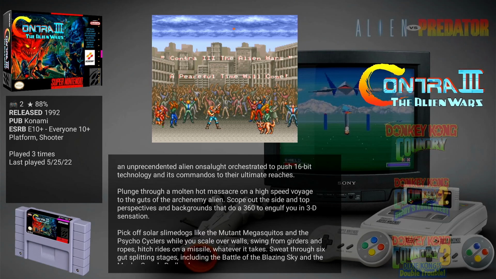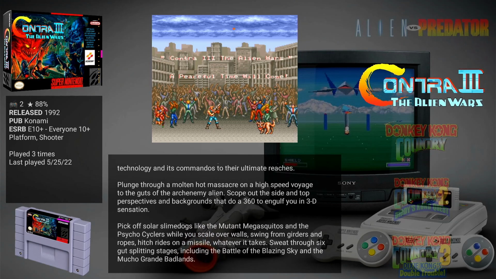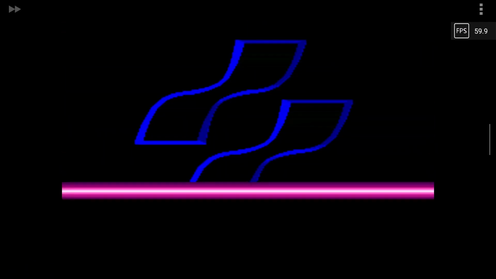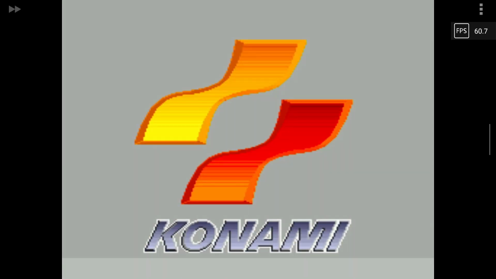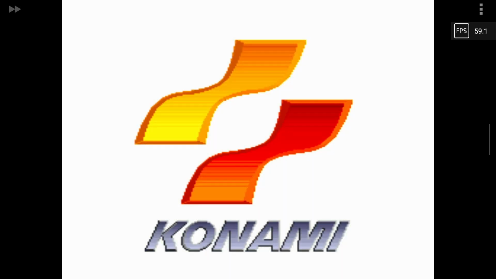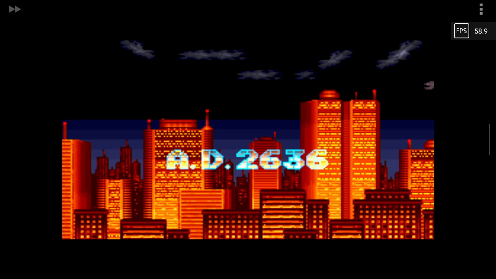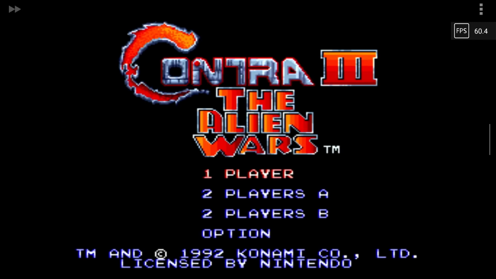We'll get into one of the games here. It's super easy. Just click on the game. It automatically loads up the individual emulator that you have set for each platform, and it immediately loads the game. And that's it. And now you're in. Super simple and super easy. I'm not going to get into the gameplay of this particular game, but suffice it to say that it works